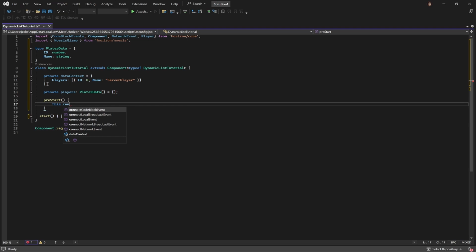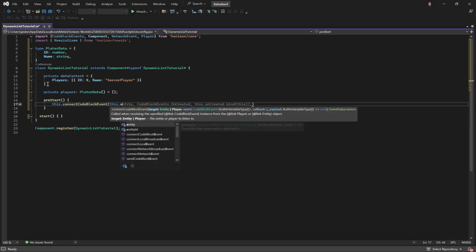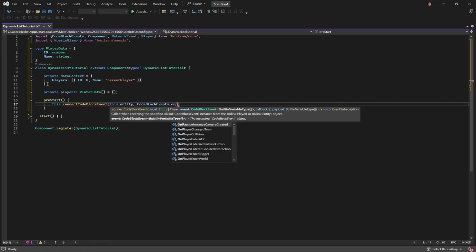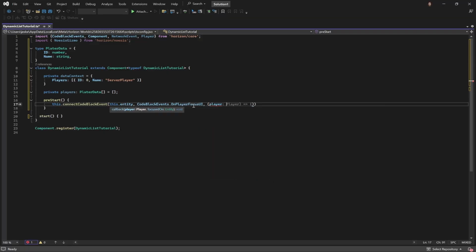And then we want to get when the player enters the world, pre-start, and this.connectCodeBlockEvent, this.entity, and then we'll use the code block events with an S, and we'll just do it when they focus on, so on player focus UI, player of type player focused on, and we're not importing entities, so we need to copy that and paste it up here. Arrow function,